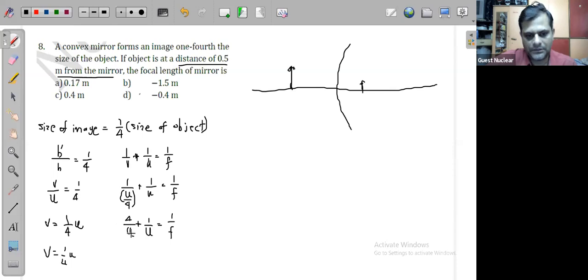Means 4 plus 1 will be 5, and 5 by u is going to be 1 upon f, which means that f is going to be actually u by 5, where u is already given 0.5. Okay, so if we just put it here,